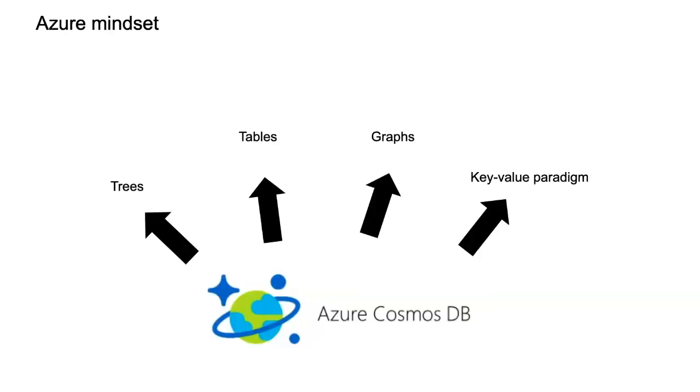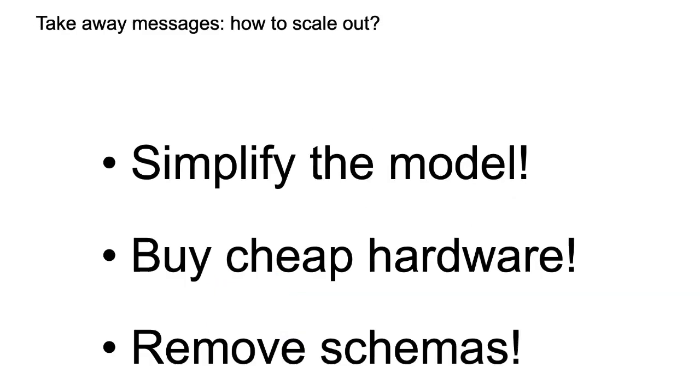The Azure mindset is a bit different. You might have a bit fewer services, but these services can do more things. For example, one of them is Cosmos DB, which is a database that can do trees, tables, graphs, key values, and so on. So this is kind of good, for competition, that you have different flavors. But in spite of these differences, they all offer virtual machines, cloud storage services, domain registration, and so on and so on. So on the high level, they offer similar kinds of things.